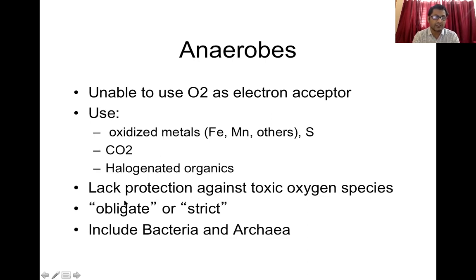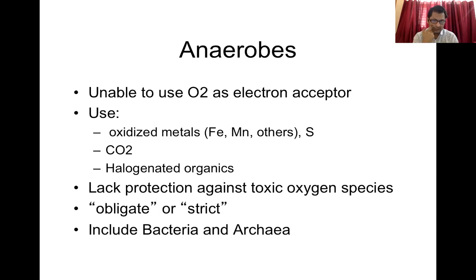I've already told you last time why anaerobes cannot use oxygen: because they don't have the enzymes which can detoxify the reactive oxygen species like peroxide and superoxide. The enzymes required for this are peroxidase, catalase, and superoxide dismutase. All these enzymes are not present in anaerobes, and that's why, when the electron is accepted by oxygen as a terminal electron acceptor, a number of reactive oxygen species are formed, like the